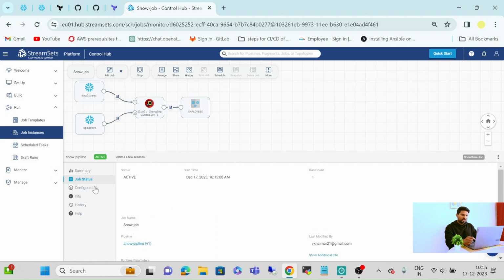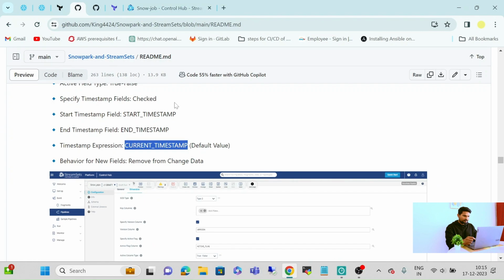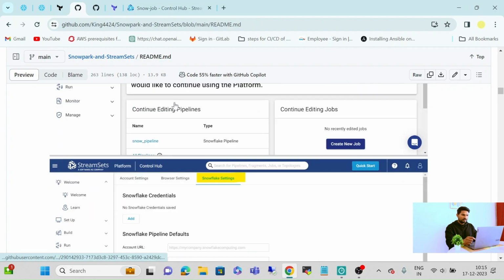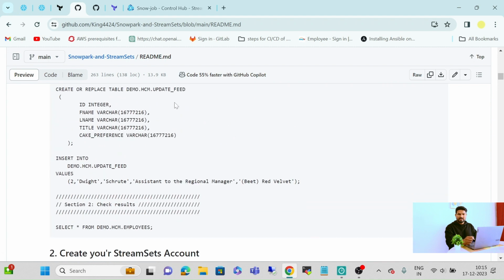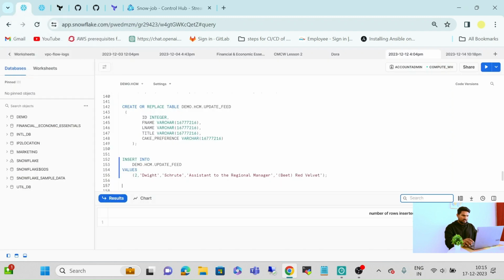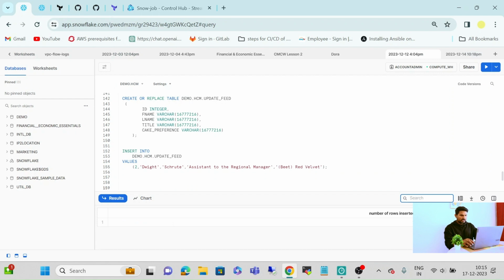Okay, so here you can see our job has been activated successfully. So now the next step is we have to check our updated feed table, our dimensions table, what changes have been made. So simply copy this query and paste it into your worksheet.